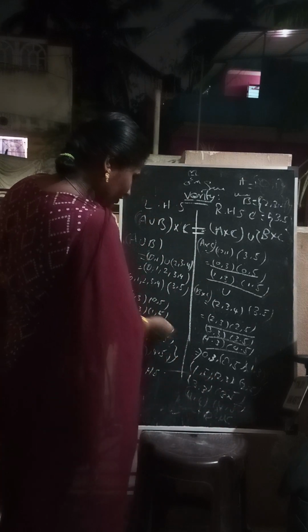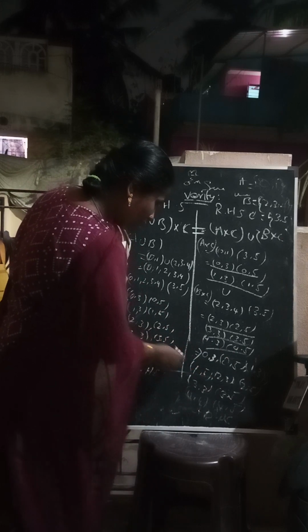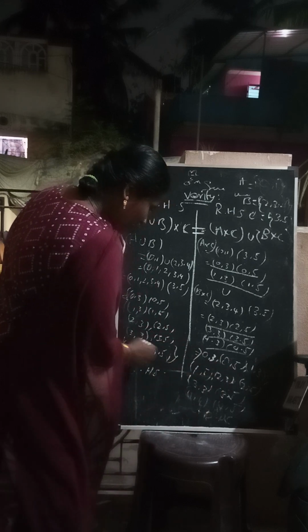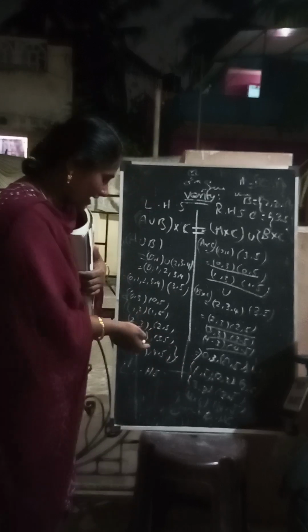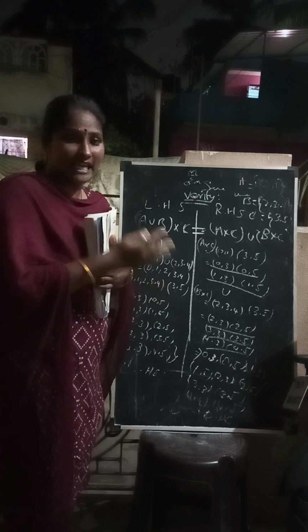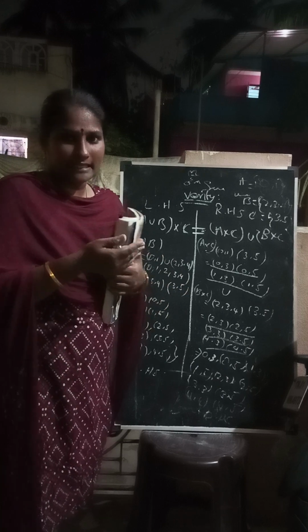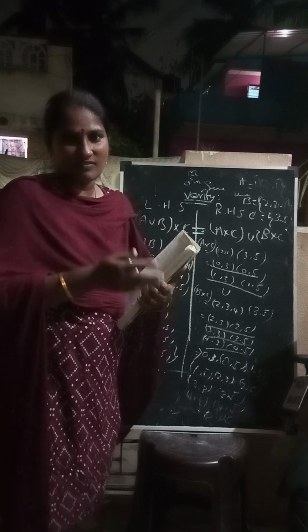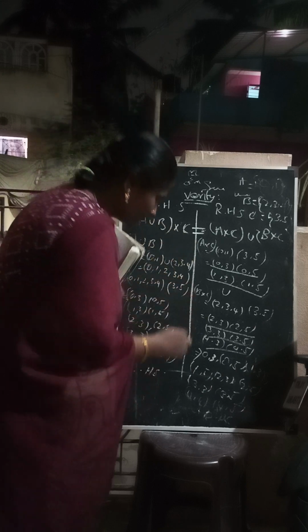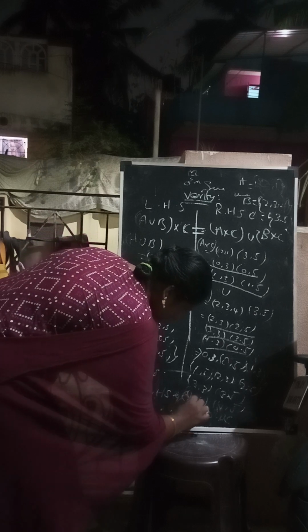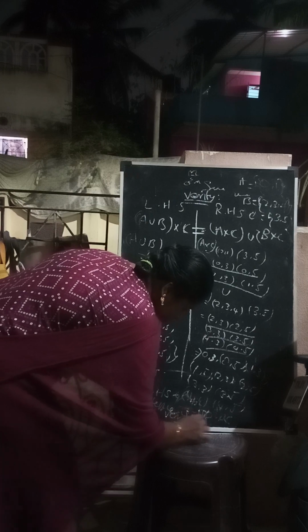So all the pairs that we have in LHS are equivalent to the pairs we found in (A cross C) union (B cross C). So it is obvious that it is verified. LHS is equal to RHS. Hence it is verified. It is shown. Because they have only asked us to verify. So hence it is verified.